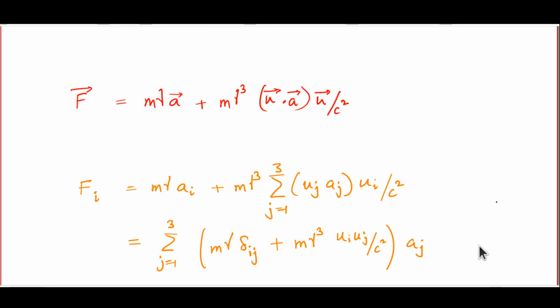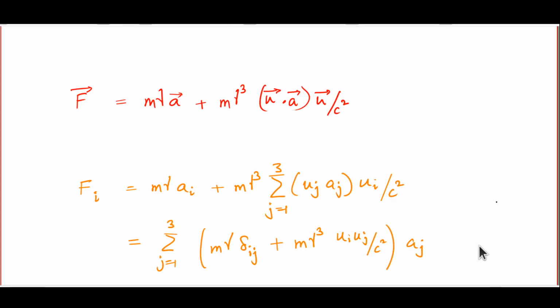The first term, which has a_i, can be converted into a term with a_j simply by using delta_ij. So what we have is the ith component of the force is sum over j going from 1 to 3 of m gamma delta_ij. That's what will give you the m gamma a_i after summation over j, plus m gamma cubed times u_i u_j